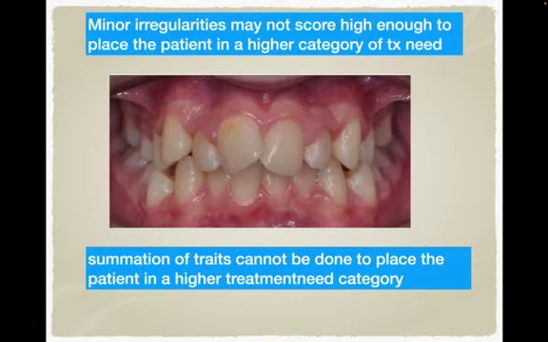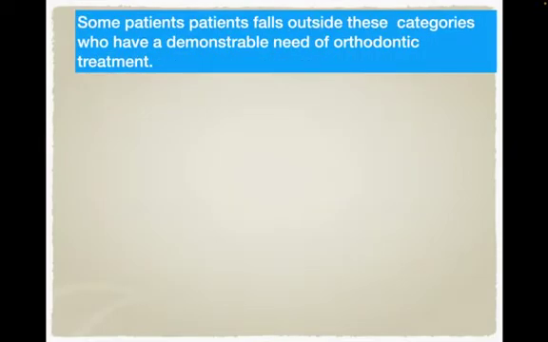And I can understand, because this is a need for treatment. This is not a complexity of treatment, that there's a difference. If you're studying the complexity of the treatment or the progress of the treatment, then yeah, you need to start adding different types of the malocclusion. And also,